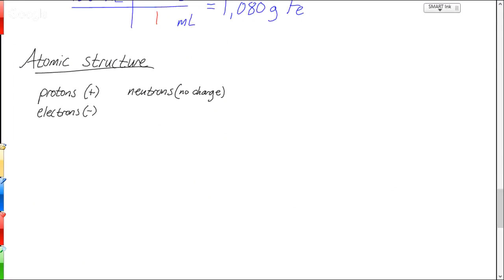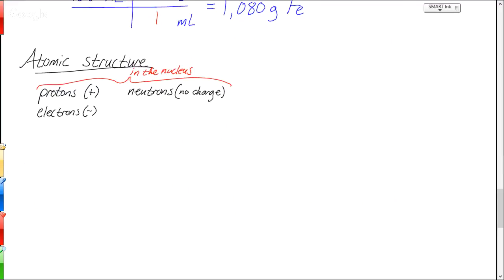And where are they in the atom? Well, the protons are in the center. Yeah, the protons and neutrons are in the center. And what is that center called? Right, the nucleus. The protons and neutrons are in the nucleus,